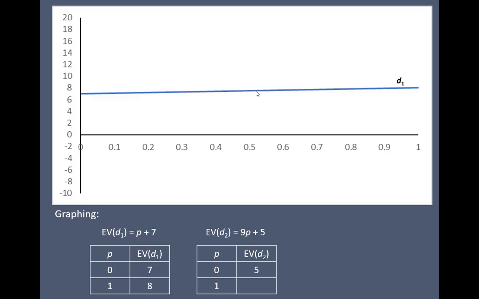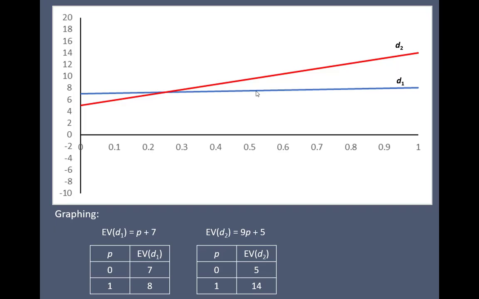So once again, we have a point that we can plot on our graph, where x is 0 and y is 5. Subbing in 1, we get 9 times 1 plus 5 is 14. So as I sub that in, we have our second point. And now connecting those two points, I have a new line which is representing the expected value payoff of